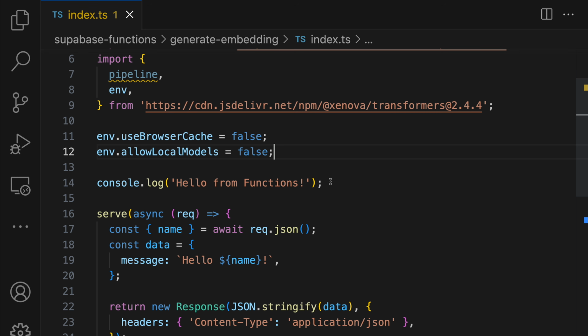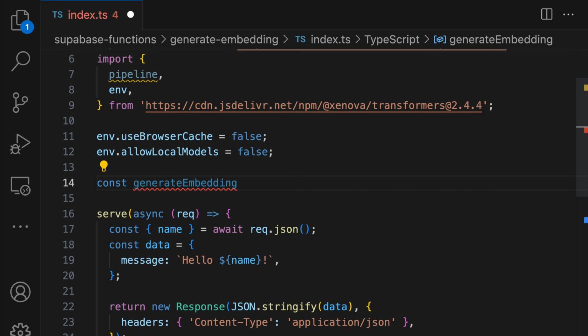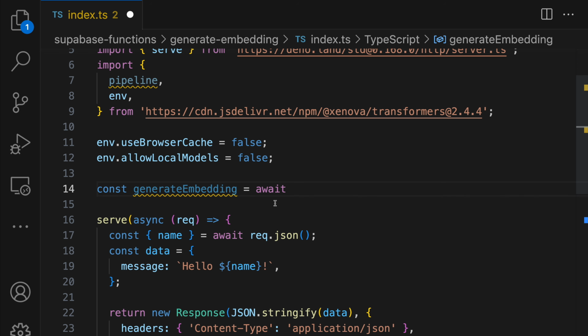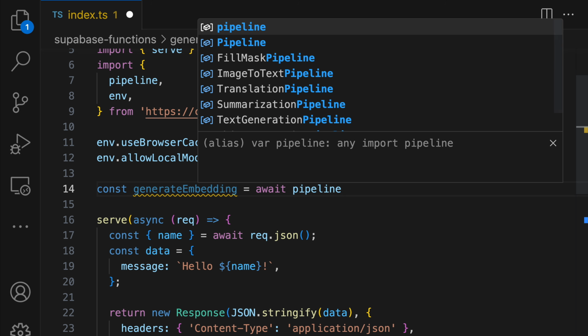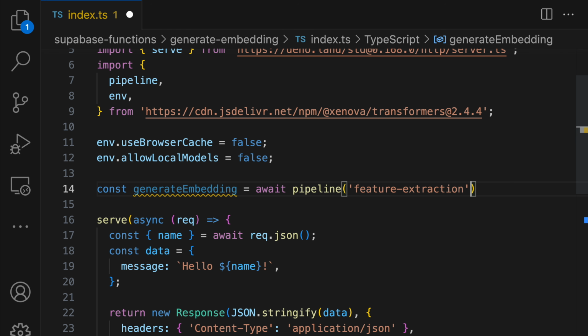And now instead of this console log, we're going to create a new variable called generateEmbedding and set this to await, as this will be an asynchronous call, which is allowed at the top level in Deno functions. Very cool. So then we can call pipeline, passing the string feature-extraction. So this is the type of inference task that we want to perform. And then the second parameter is the model we actually want to use to generate these embeddings. So that is going to be